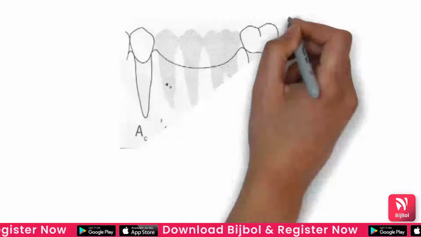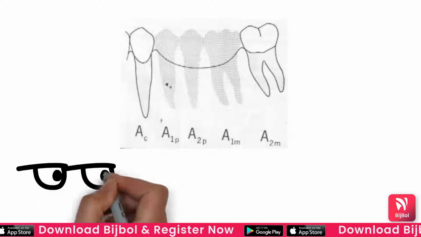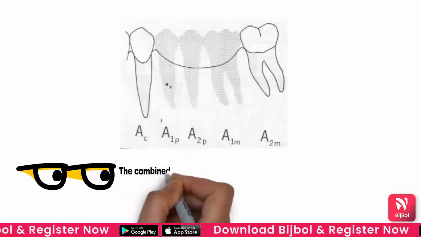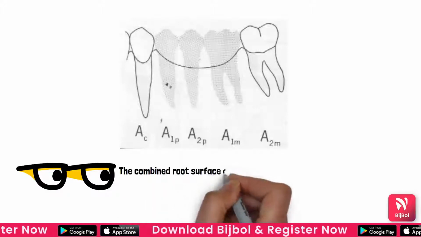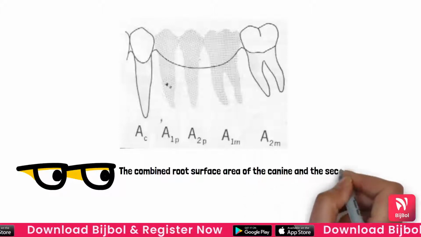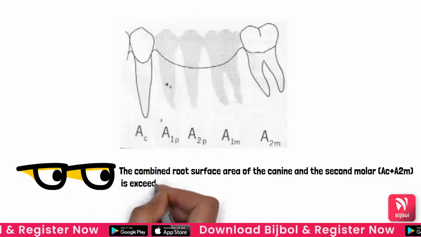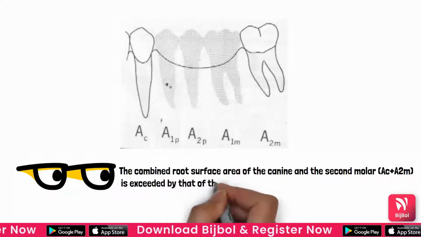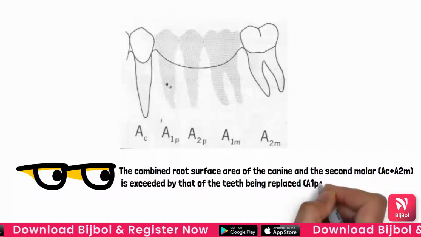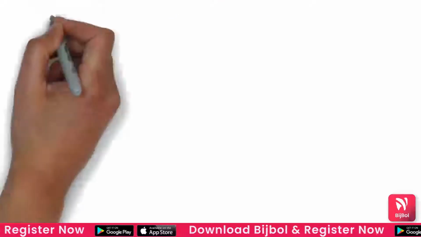Now in the third picture, your second premolar, first premolar and first molar, three teeth, are missing. If you are taking just support of the canine and second molar, we are not having more or equal perisegmental area. Definitely the perisegmental area is more for the missing teeth than the abutment teeth. So Ante's law is not satisfied here, and even if you replace the three teeth using these two teeth, the long-term prognosis of the FPD cannot be assured, unless the patient wants such an FPD.